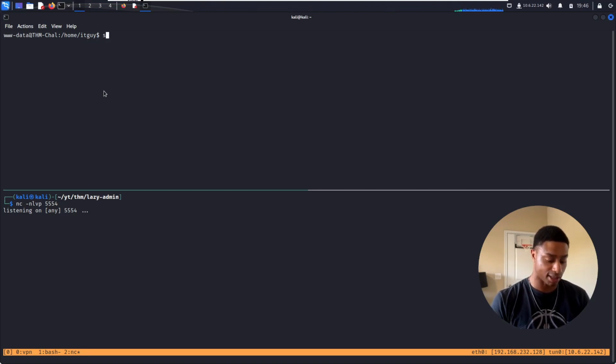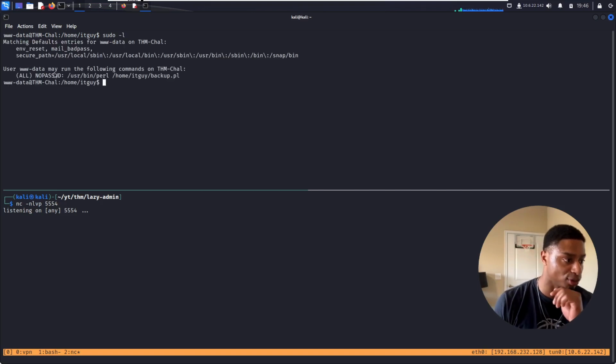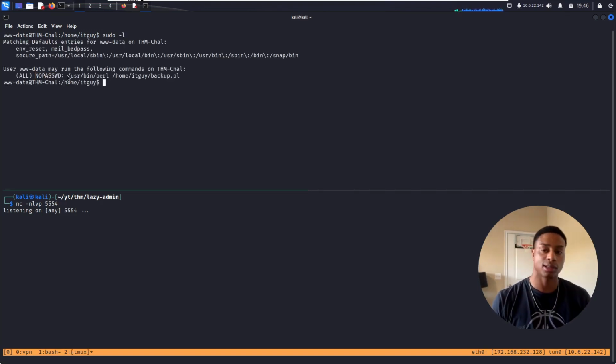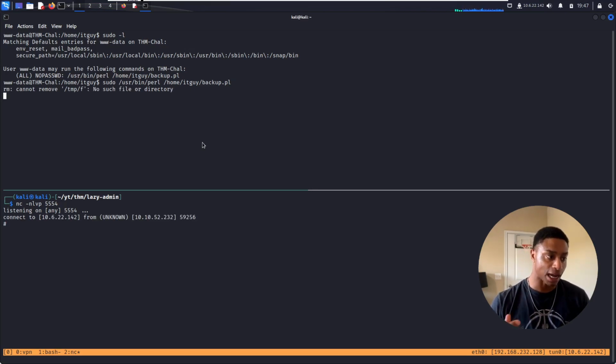But when I did sudo -l, it didn't ask me for a password. It says NOPASSWD. So what's going on? The confusing thing is that it wants the exact path, the complete thing. I gave it a relative path, just the current directory, backup.pl. But if I give it sudo and then this entire execution line, this entire entry, now it runs with